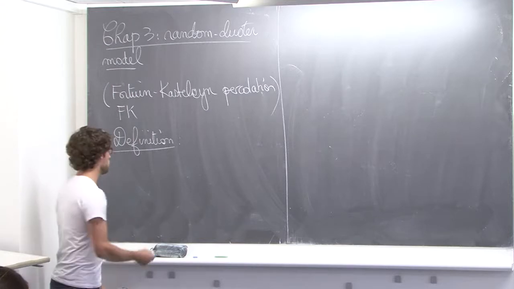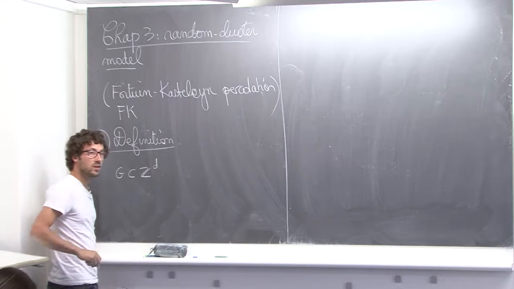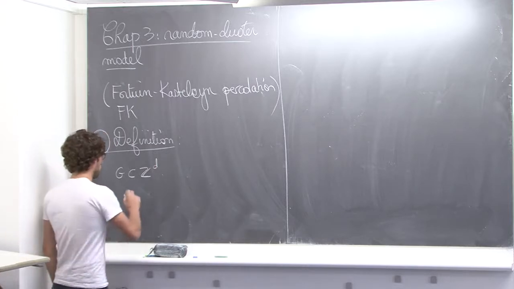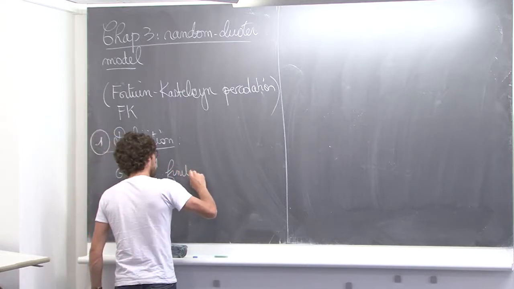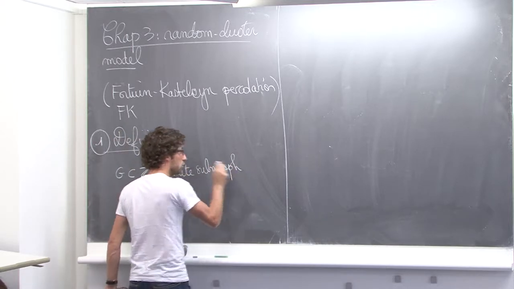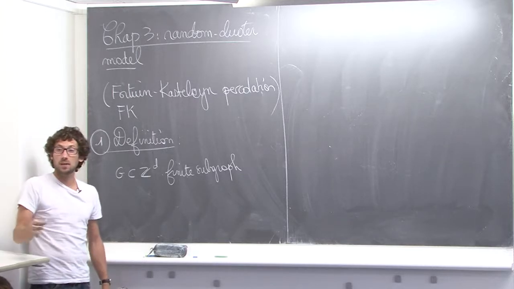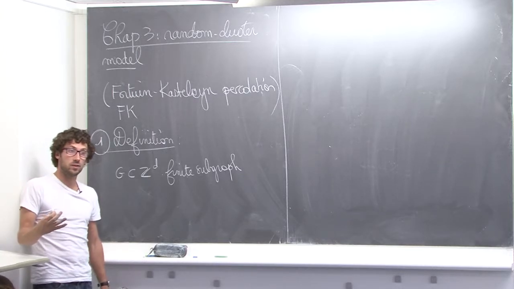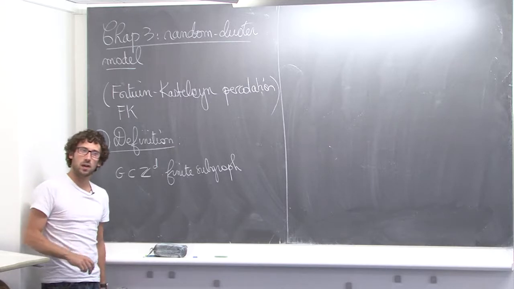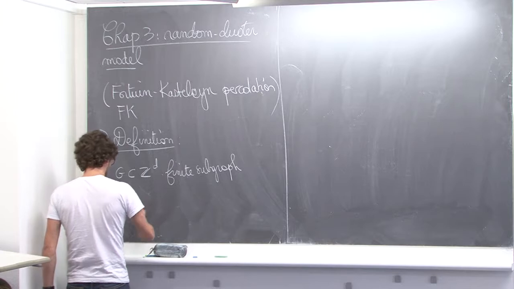If I look at a graph G, which is a finite subgraph of Z^d, it's not just sufficient for percolation. I could just look at this graph and not care about anything outside, because anyway it was independent of what is outside. Here I need to be a little bit more careful. So a boundary condition psi is going to be